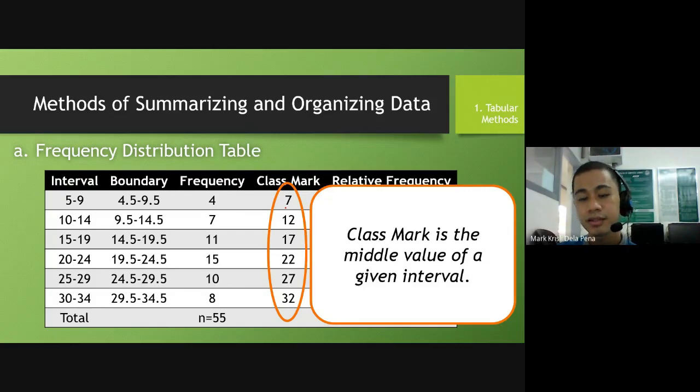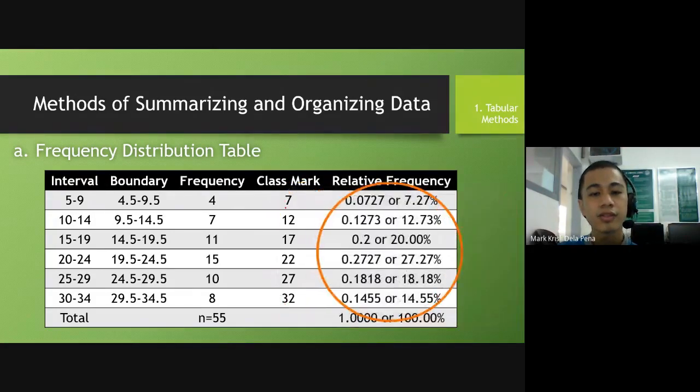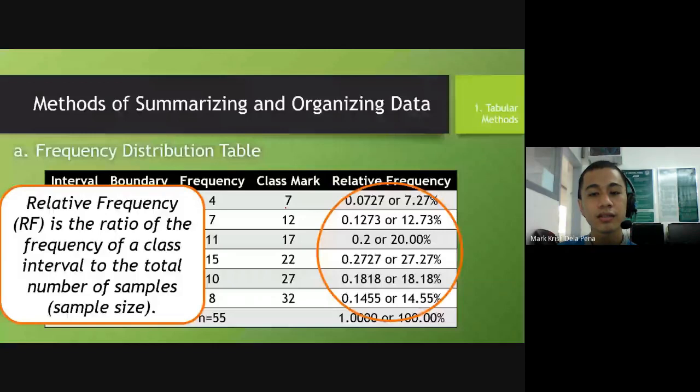Last is the relative frequency. Relative frequency can be expressed in its real value, which is in decimal places, or in percentage. How do we calculate the relative frequency? We will present it later on. Before that, we have to define it first. Relative frequency is the ratio of the frequency of your class interval divided by the total, or the sample size. Our sample size, if we add all of the frequencies, would be